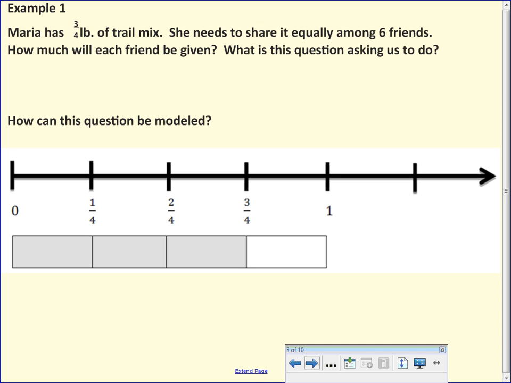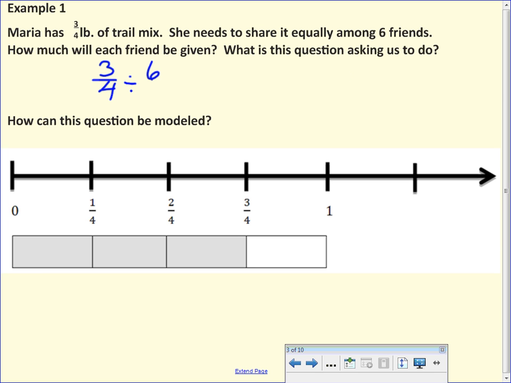So what am I doing with my bag of trail mix? I have to do what? To separate it into 6 groups. I'm dividing. So I'm dividing my 3/4 of a pound, and I'm dividing it between 6 people. Okay? How much is each person going to get? Like, what parts? I'm separating it. You're going to get